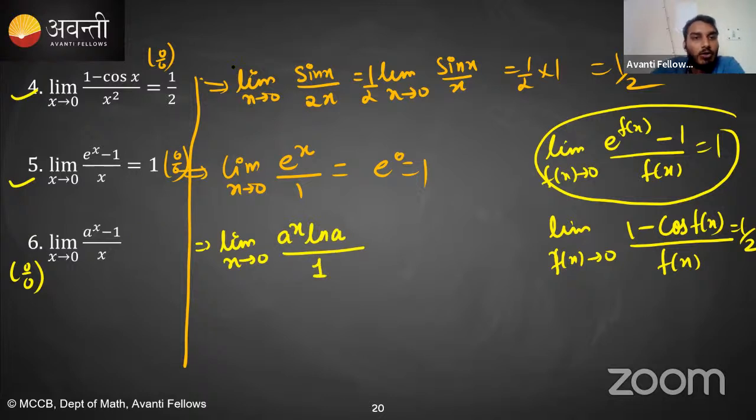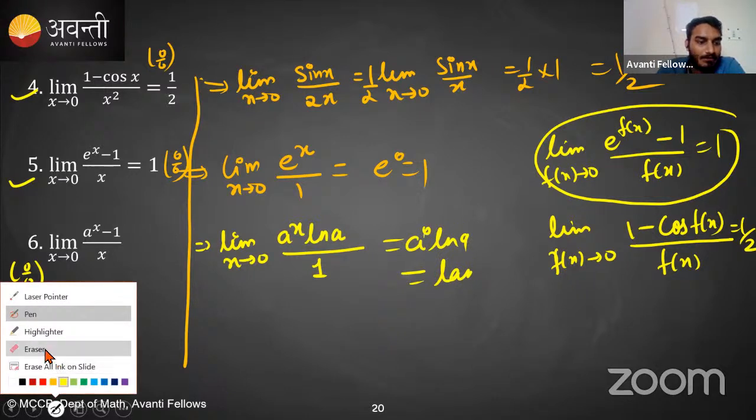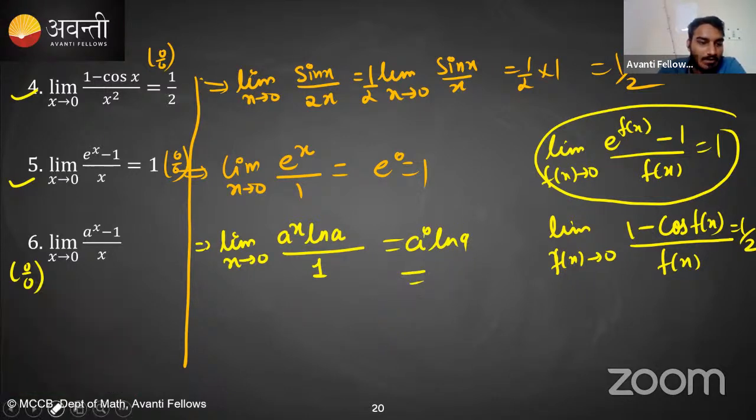So now we no longer have indeterminate form. Yes or no? Now we no longer have indeterminate form. So substitute x is equal to 0. You will get a raised to the power 0 ln a, which is ln a. Is this clear? Ln a. So it means limit x tending towards 0, a raised to the power x minus 1 upon x is ln